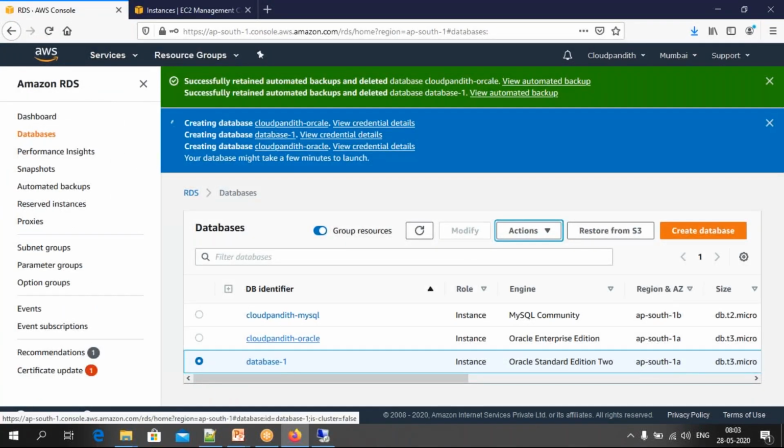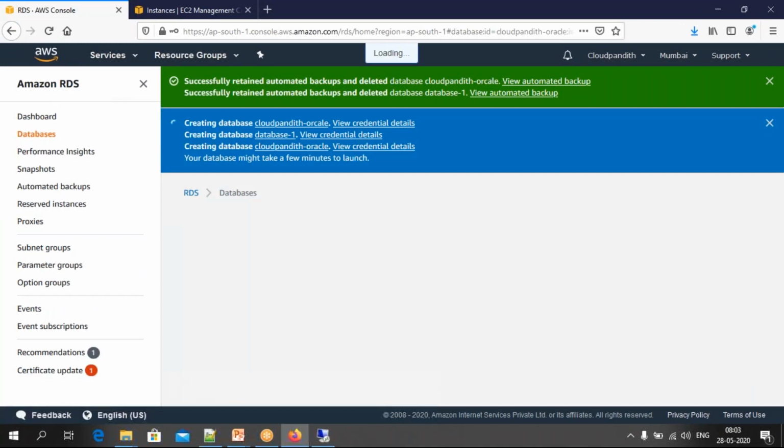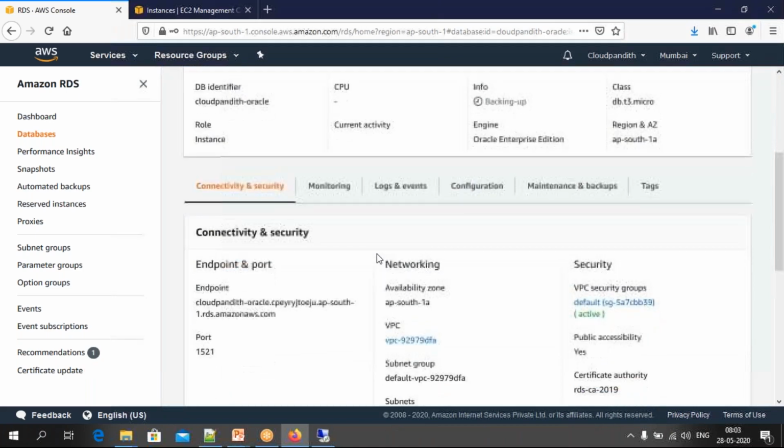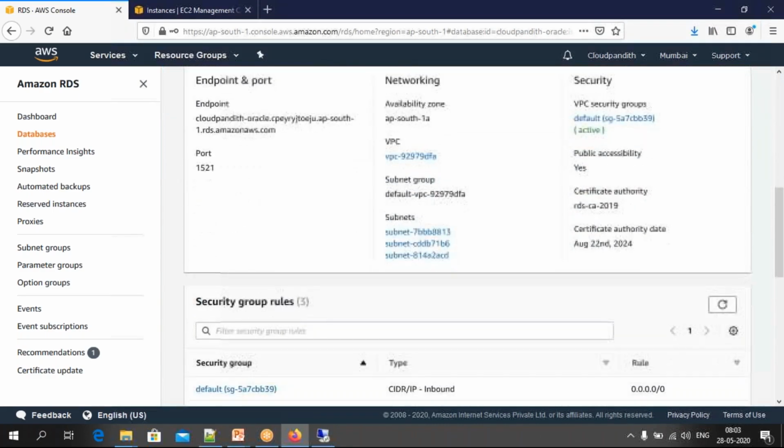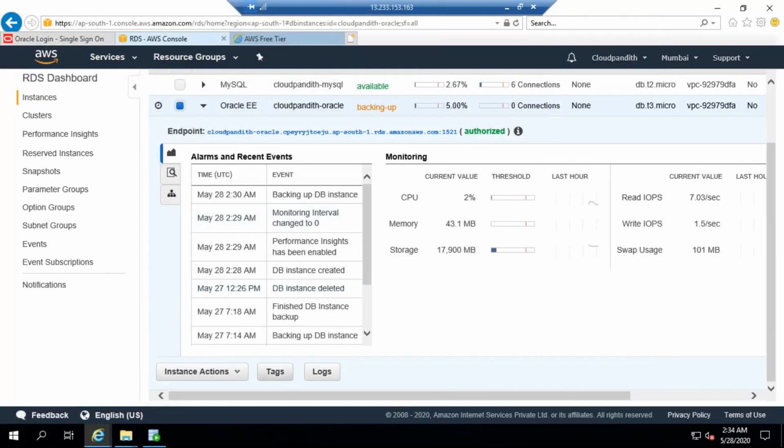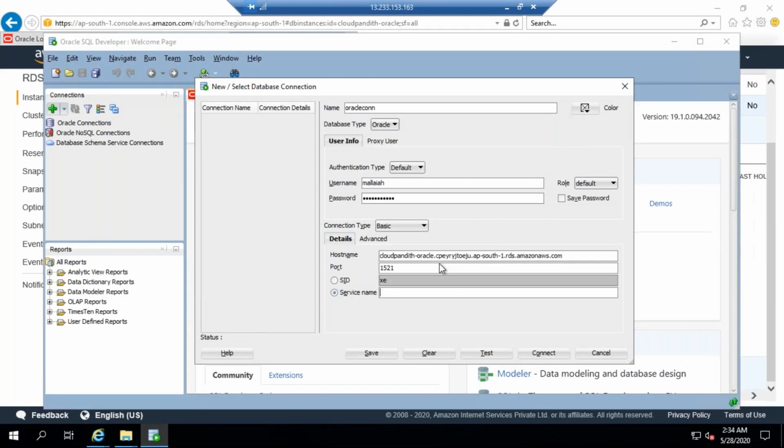Come here, RDS instance. So this is the RDS instance we have created. Click on this. Browser issue, friends, because we were in Internet Explorer there. Here we are in Mozilla Firefox, but you can use Google Chrome and so on to open something like this in detail. Once you open this Oracle instance here, you can see the endpoint. So this is the endpoint. I have kept it here.